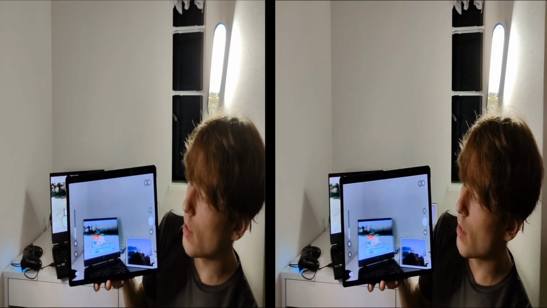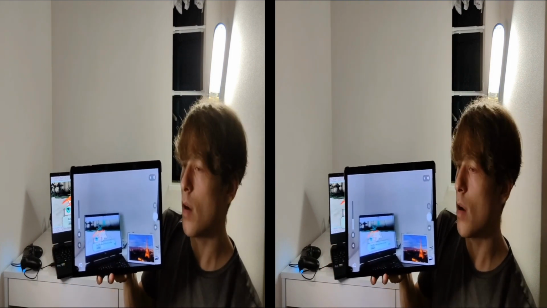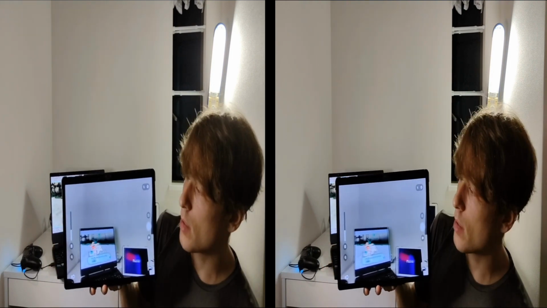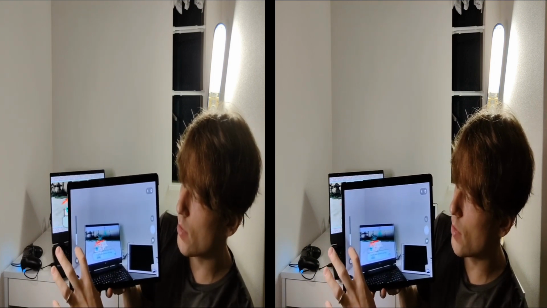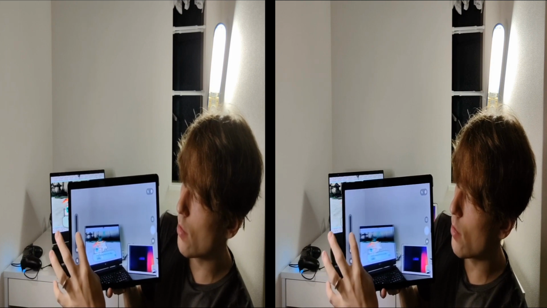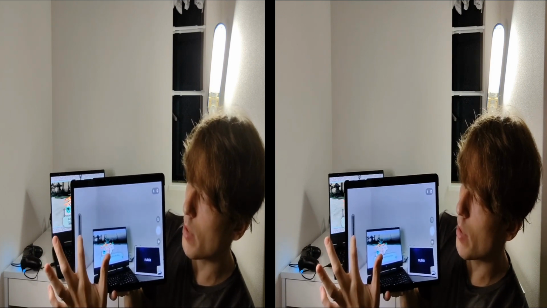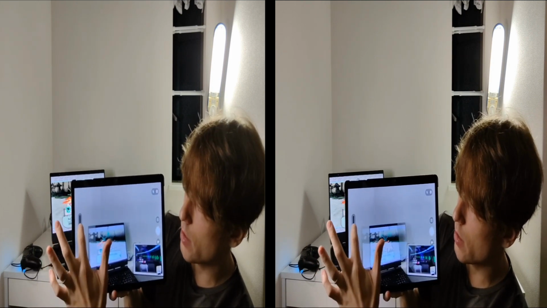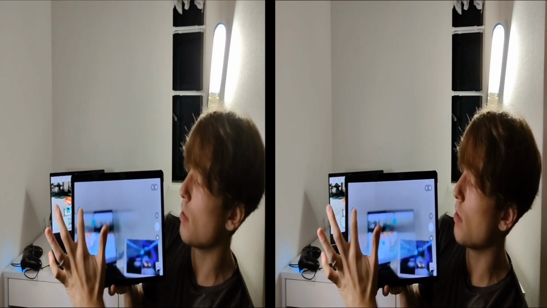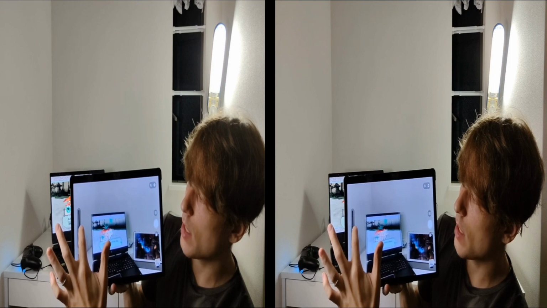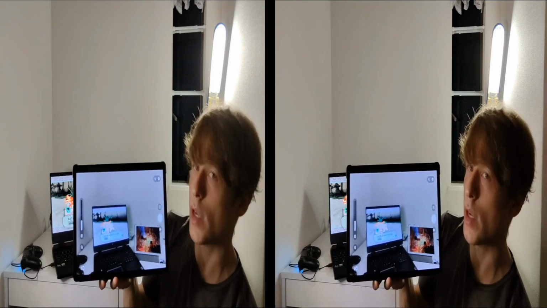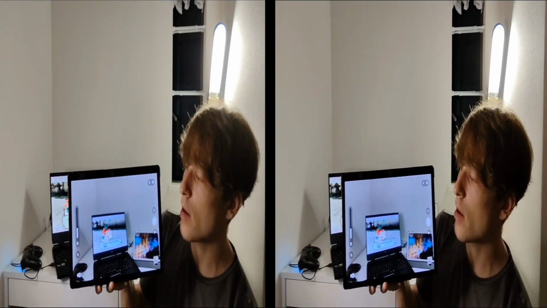Toggle it back to 3D, and some of the cool things you can do with this are, instead of having it autofocus, it defaults to autofocus with the camera, but that doesn't always work perfectly, so you can manually adjust the level of convergence and monitor it in 3D directly by adjusting this convergence slider here. You see, if I slide it way up, the convergence gets completely whack. But if I adjust it a little bit, I can bring it right to the sweet spot. And the coolest thing about this is that it locks in place.